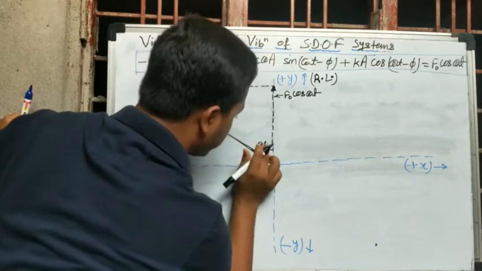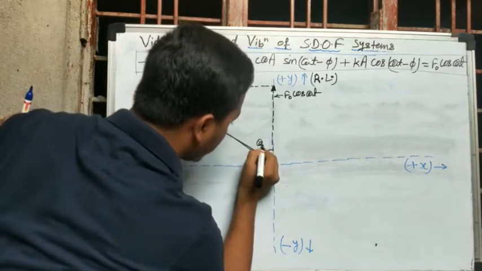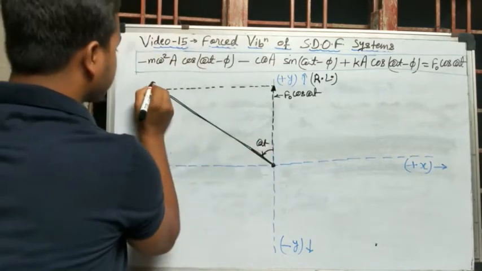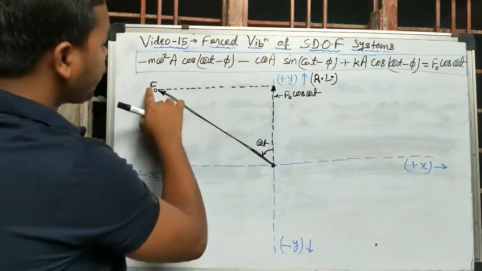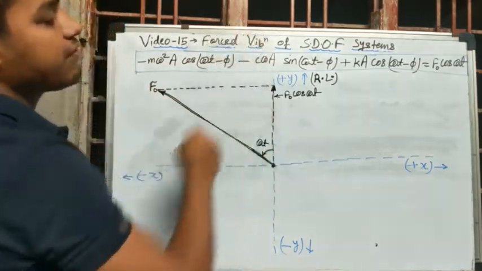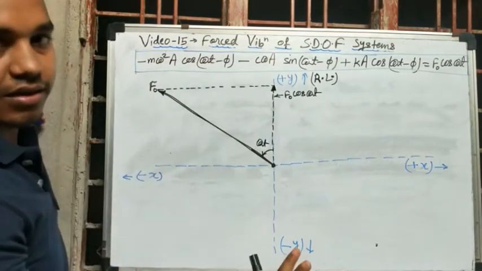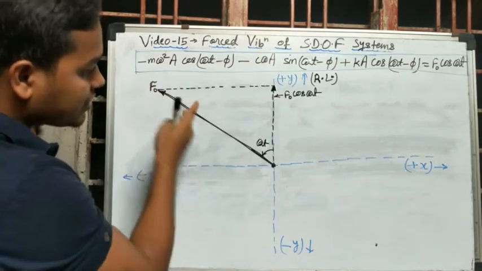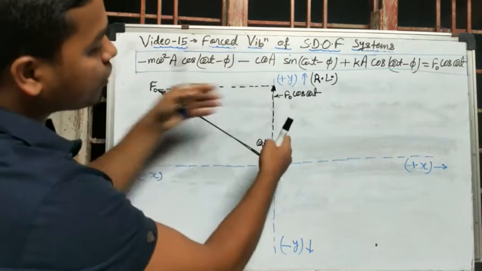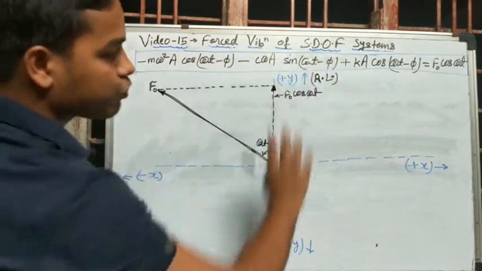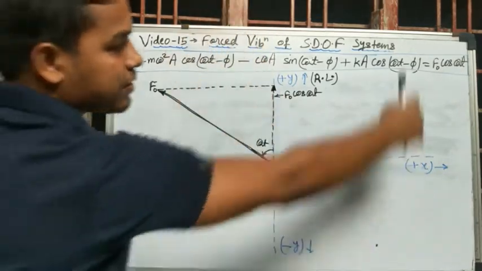omega t. The force f naught is making an angle omega t with the reference axis, with the reference line. Then I can have the cos component of f naught as f naught cos omega t over the reference line, right? So the position of f naught is correct because I have a certain force f naught such that it is making an angle of omega t with the reference line. Then it will have the cos component over the reference line, which is f naught cos omega t, and I should have f naught cos omega t over the reference line because it's a positive force.